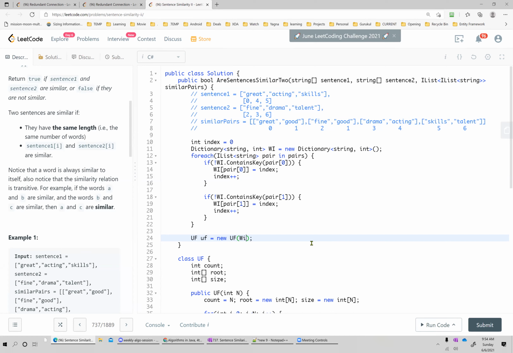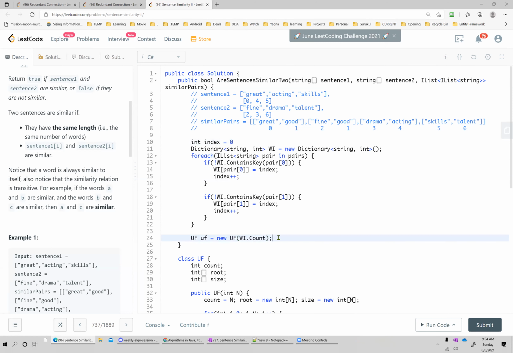Either you can use index or you can use this dot count. What is the size of my dictionary? Those many elements I have in pairs. And since we start with the zero index, we don't have to worry about adding one or anything like that.